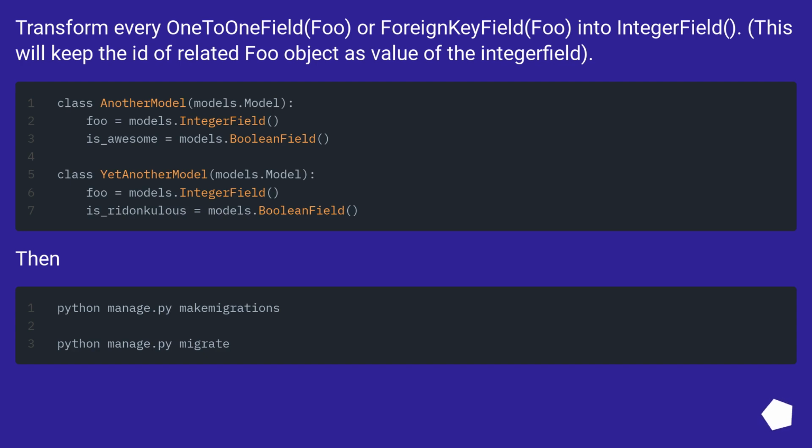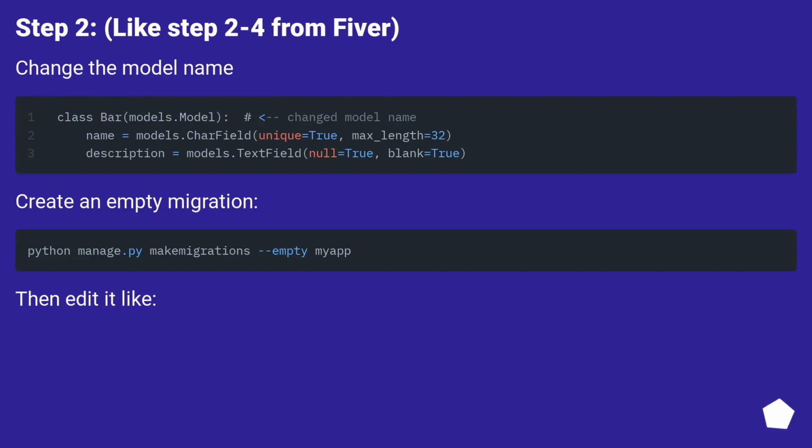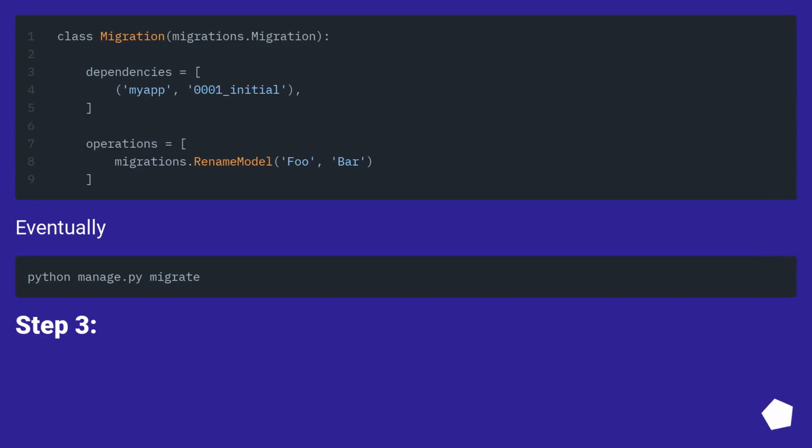Then, Step 2, like steps 2 to 4 from Fiverr. Change the model name. Create an empty migration. Then edit it like so. Eventually,